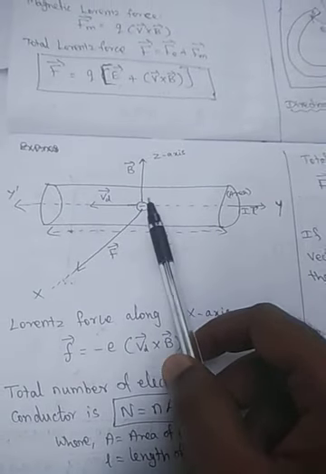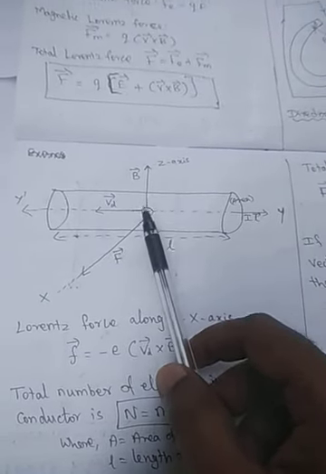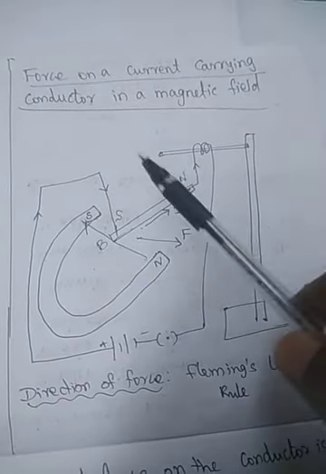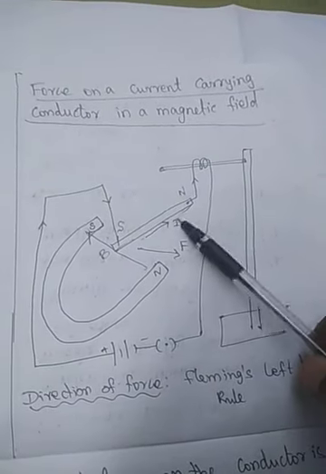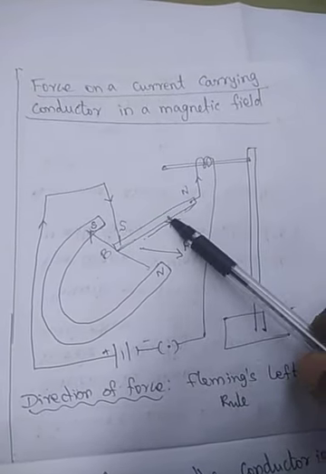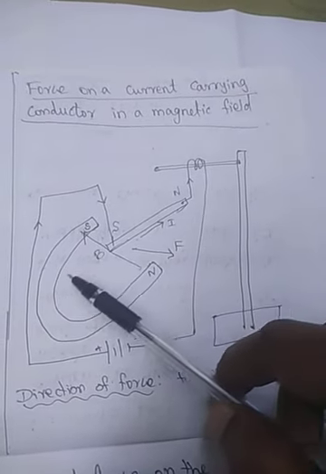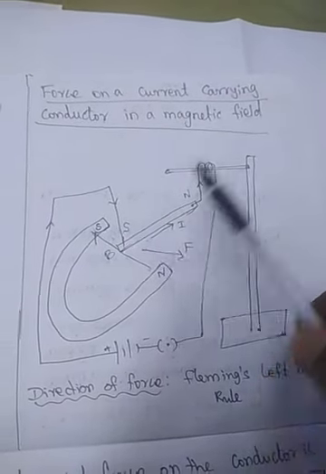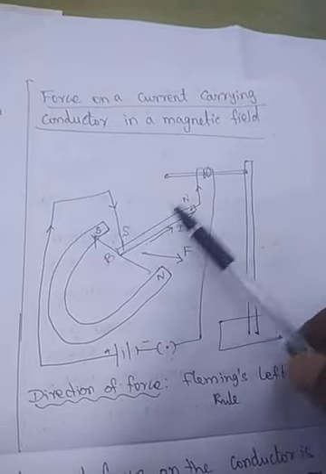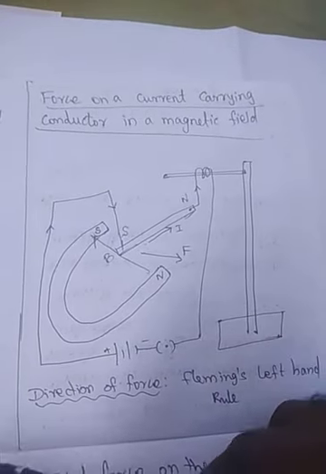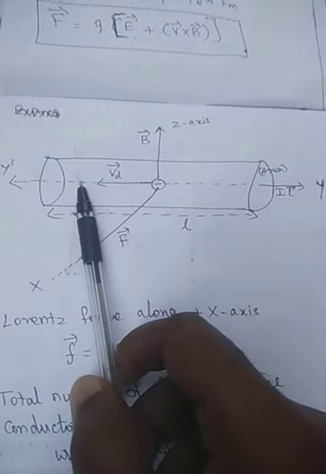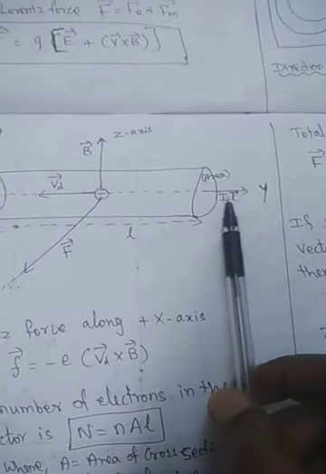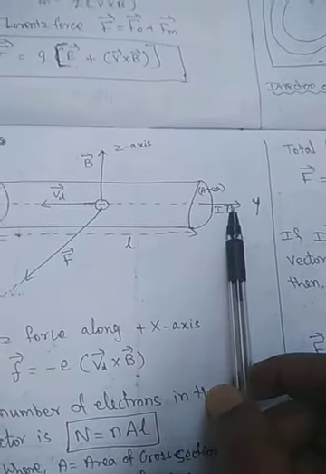We assume a moving charge placed in a magnetic field, but the actual condition is a current carrying conductor placed in a magnetic field; we can take current as a flow of charge. So the electron is flowing in this direction, and we treat this as the force on a moving charge in a magnetic field. The electron moves with drift velocity Vd. The current element is I L vector.